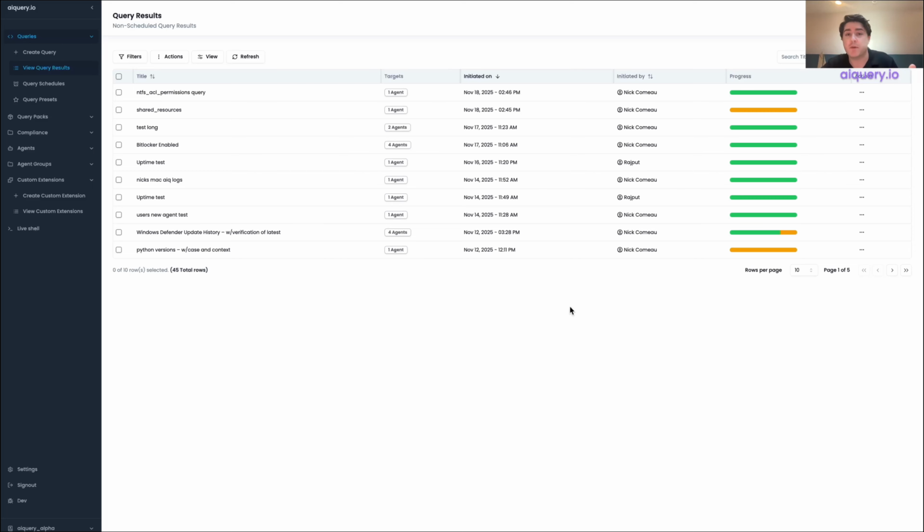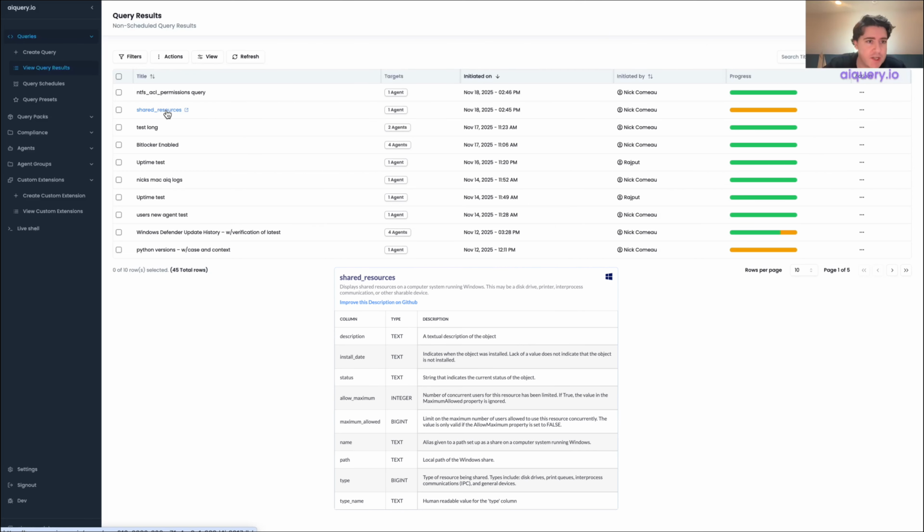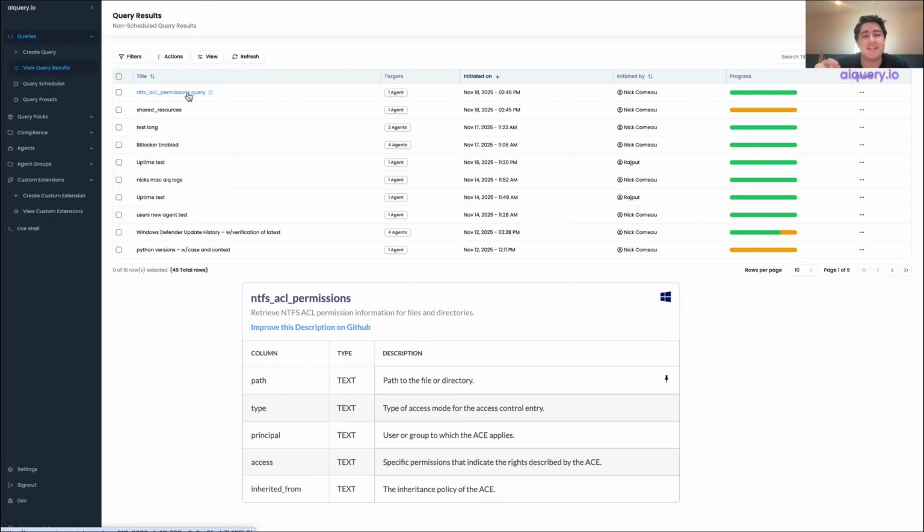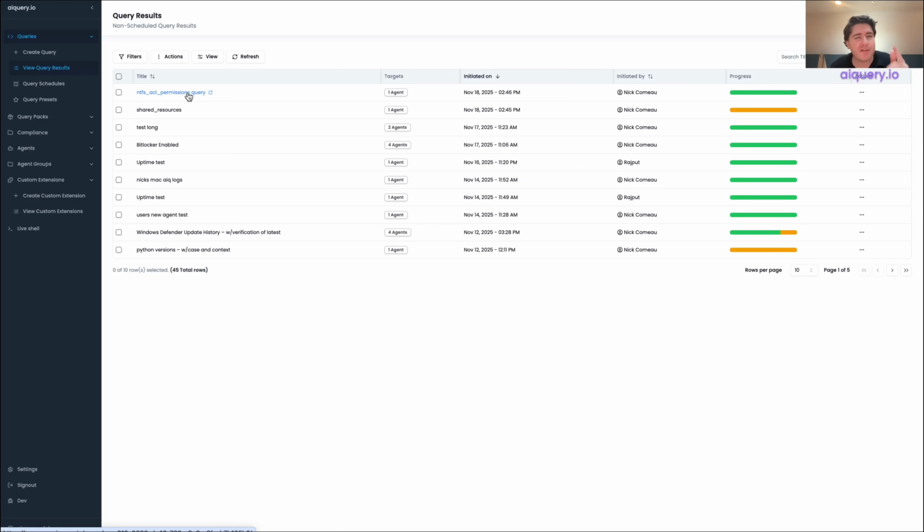So the way we achieved that was using the shared resources table for Windows, which will identify existence of file shares on that machine or any machines you query. And then we parlayed that into an NTFS ACL permissions query, which looked at the NTFS ACL permissions for the files on that share. So pretty good, satisfies the use case, but I think we can do a little bit better